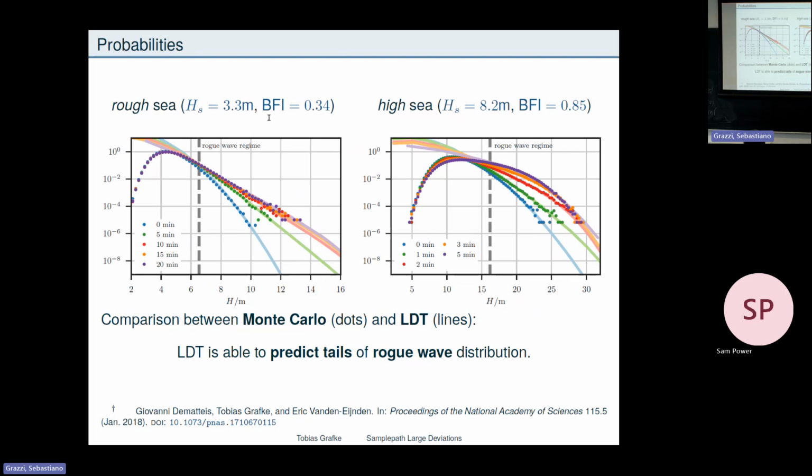So the only ingredient that I gave in is I want an event of this magnitude. And then the connection that I use is if you want an event of this magnitude, this is the most likely one, and that's its probability. At least its probability scaling, because all I get is the scaling. So I can move all of these lines up and down, and they are moved such that they lie on top of Monte Carlo where I have Monte Carlo data, right? And then the rest is just a consequence of that.